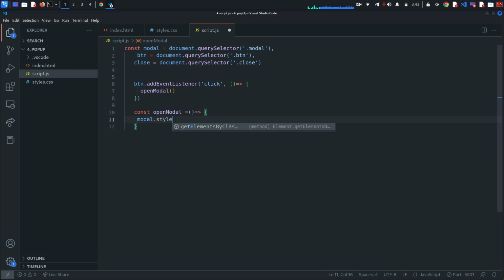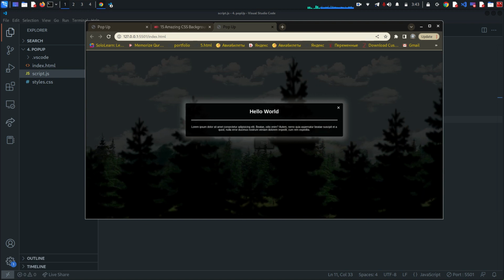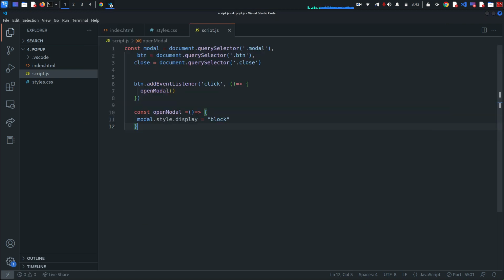Modal dot style dot display block. Let's see, here it is. Right now we need to close the modal. I'll copy this function, I'll paste it here, and I'll say close modal, and I'll say display to none, like this one,